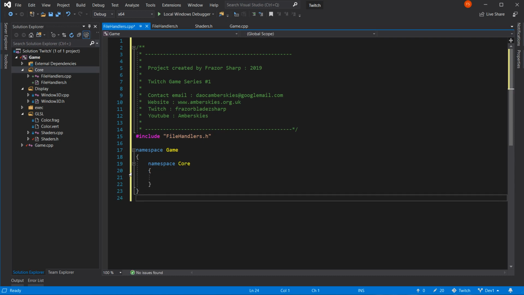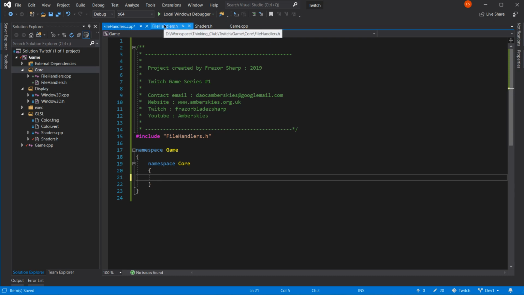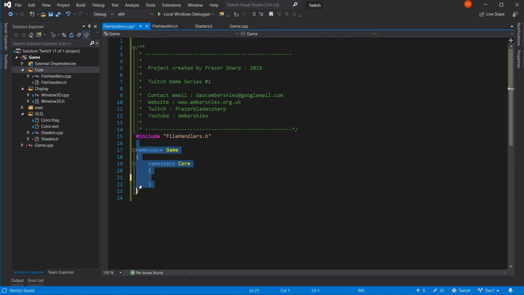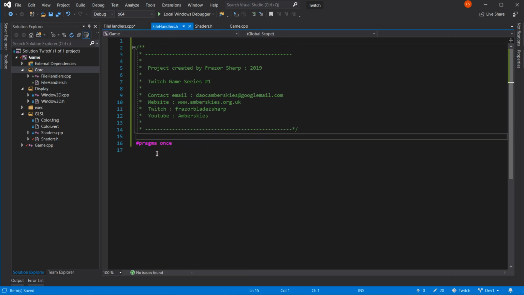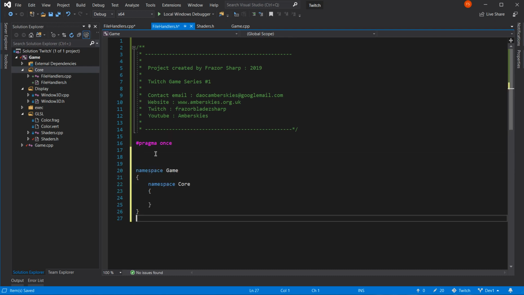Put an extra at the end. That's fine. That's a good setup. Leave that there. In the header file, just copy that.